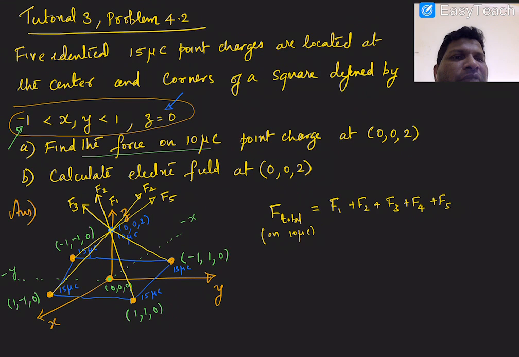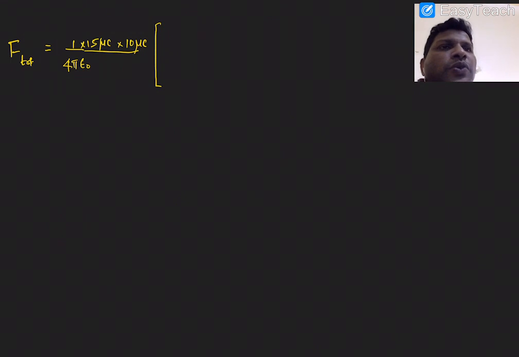For example, if I am taking the first force F1, I will use a different color. The first force F1 will have some vector distance, which is R1. So what is my R1? You know that it is R1 divided by the magnitude of R1 the cube, right, plus